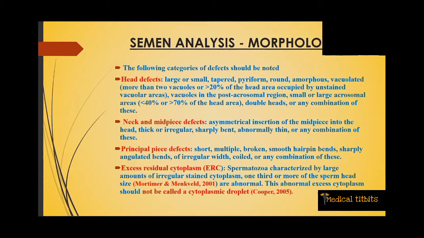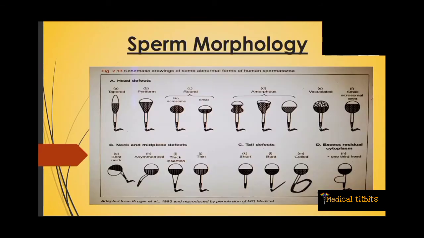But another important point to note being that spermatozoa which have irregularly stained cytoplasm, which are 1/3 or more of the size of the head, are considered abnormal. And this abnormal excessive cytoplasm should not be called a cytoplasmic droplet. It should be termed excess residual cytoplasm. Now, this is a picture showing some of the abnormal forms of human spermatozoa. As you all know, there are some affecting the head, some affecting the neck and midpiece and tail, as well